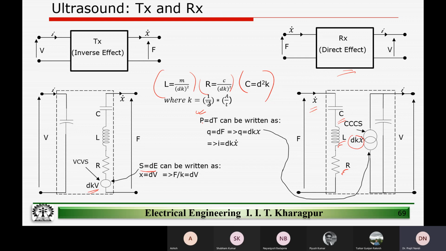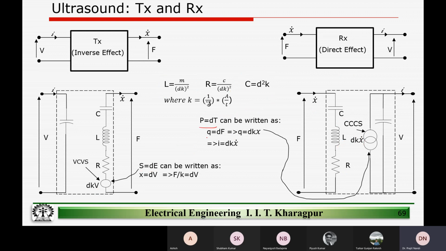Polarization is nothing but the charge density, Q divided by A, and stress T is also nothing but force divided by area. So I can cancel out the area on both sides,